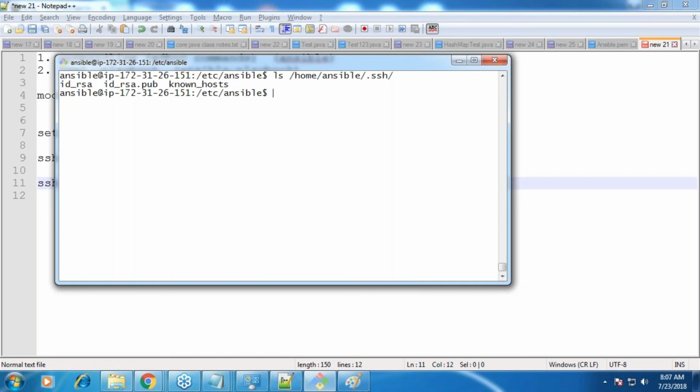All right, good. Now I have to copy this file. So ssh-copy-id, and then you have to tell username at the rate machine's name. So ansible at the rate machine's name. What is the machine's name? As of now, we have only one machine, which is localhost. Tomorrow, the steps don't change if you are trying for a different machine also. You'll be doing ansible at the rate your node's name.